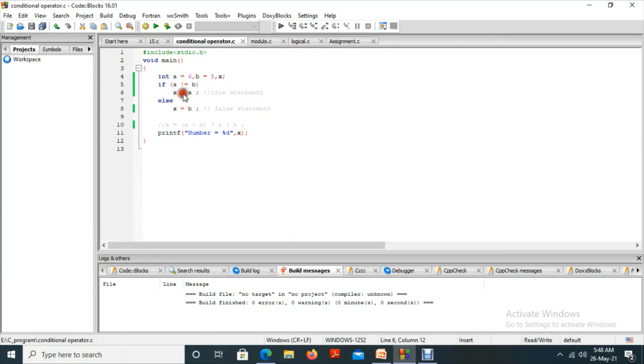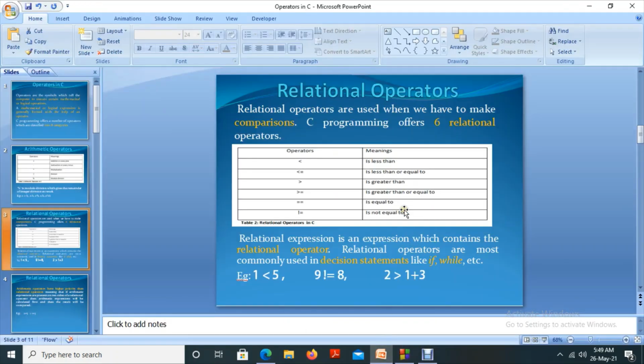So this is assignment. We are assigning the value a to x. This is another operator that we will discuss in the next slide. Okay, that's all about these relational operators.